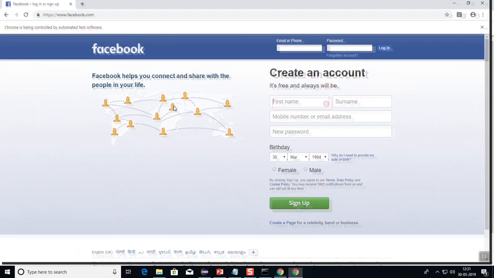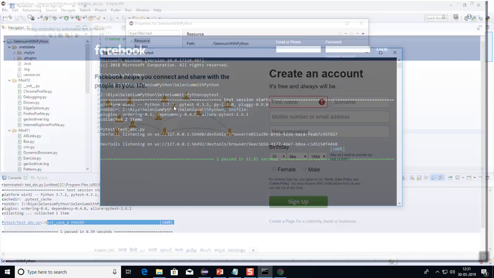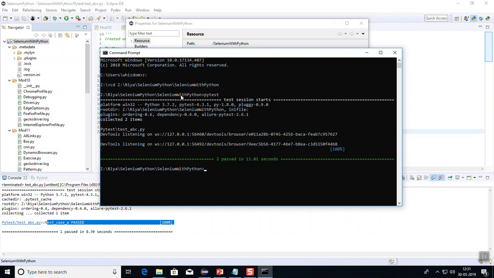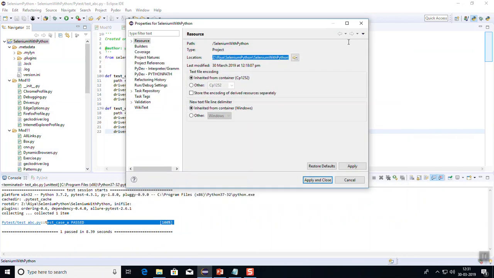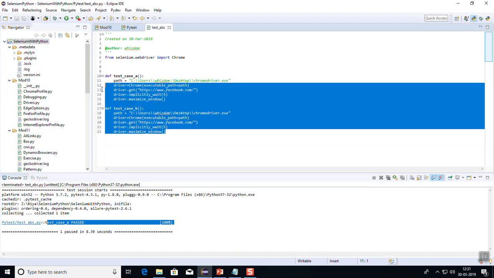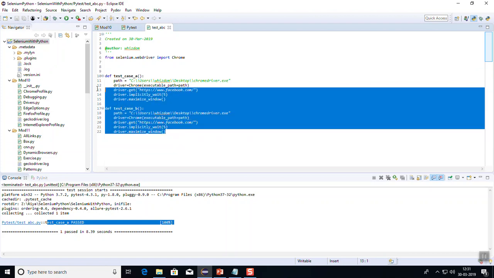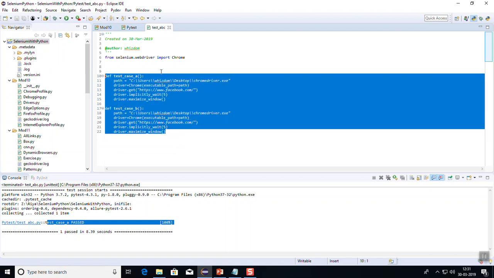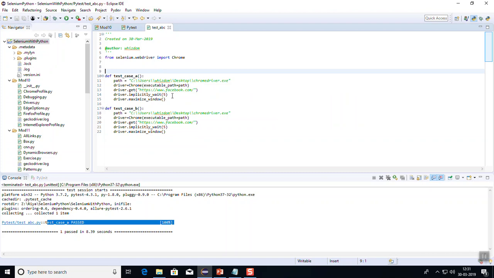So I may write as many test cases as I want to. I may write 3 test cases, 4, 5 as per my need, right? Now suppose out of all these test cases, I need to skip one of the test cases and pass one of the test cases, what do I need to do? For that I'll be using